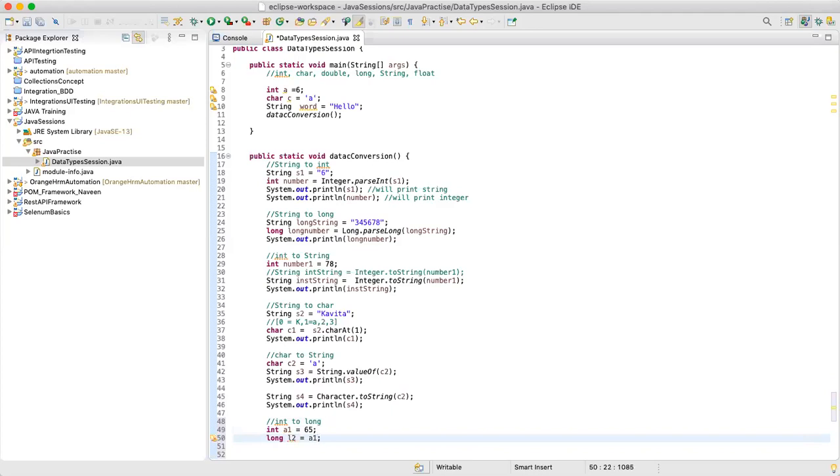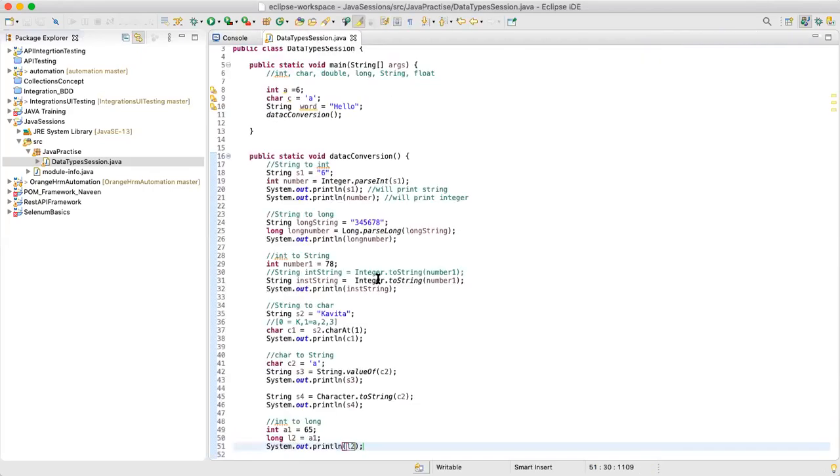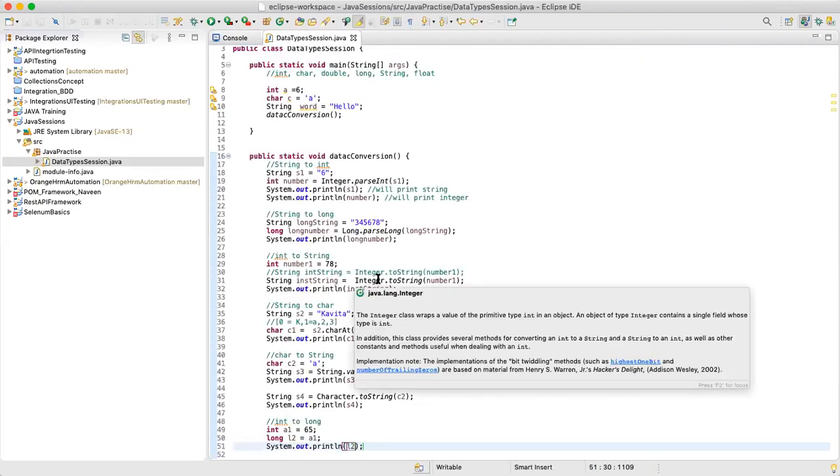You can directly put the value of A1 into long because there would be no data loss. Whenever you are converting from a lower unit to a higher unit, you can directly put that as there would be no data loss. And you can just print L2. Okay, 65. So this was integer to long.